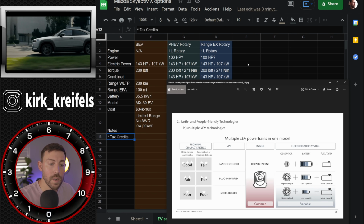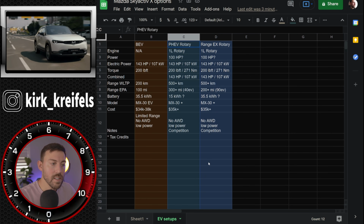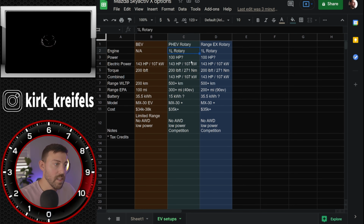So that's going to maximize your range here. And that's what this column C would be. This would be the vehicle I would want in this MX-30. You have a small rotary engine in there producing electricity when needed, but you're going to have about 40 miles